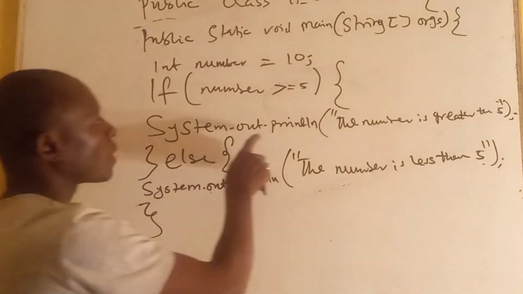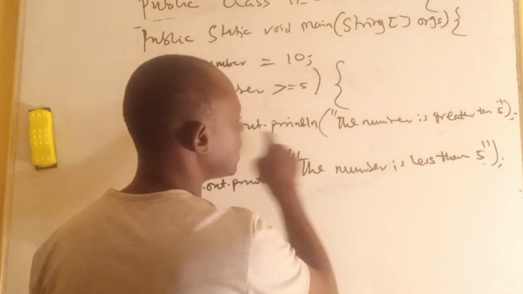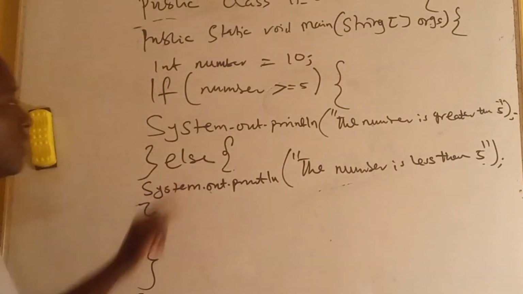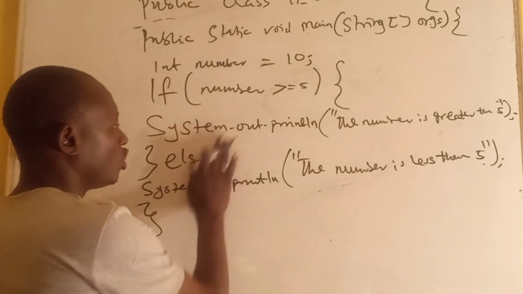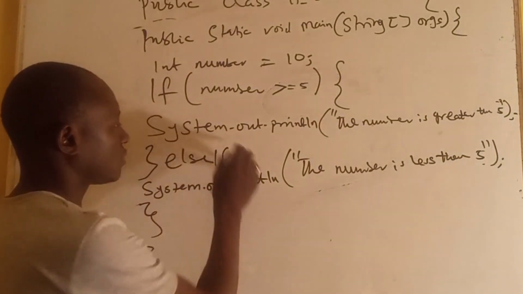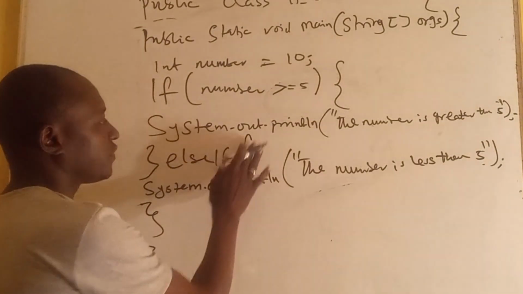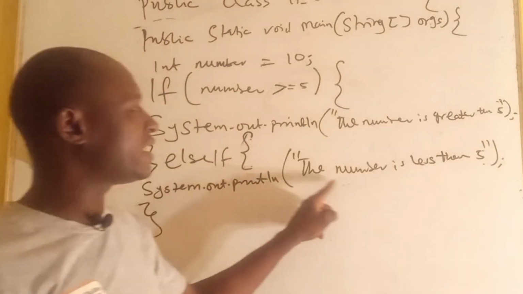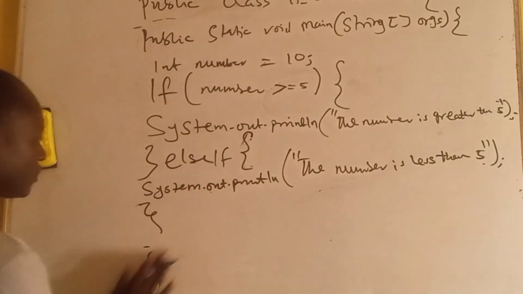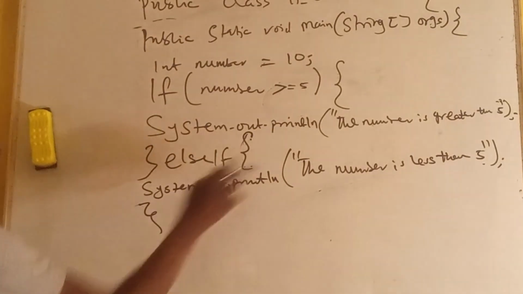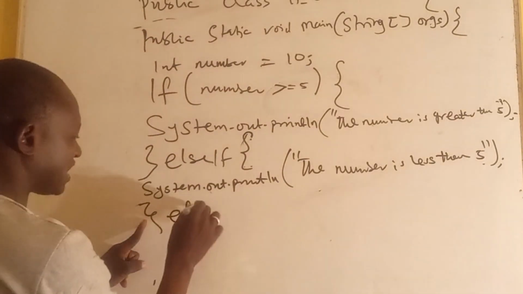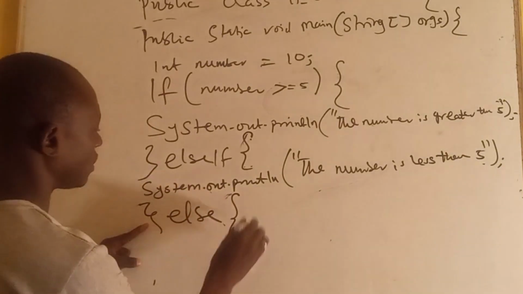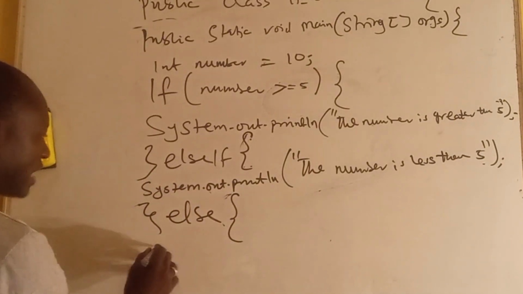It will come here. System.out.println, the number is greater than 5. Else, here you cannot stop at else. You will say else if, are you together? Else if, your curly braces please. Else if the number is less than 5. Now you close this one again. You now say else here. Are you together? Else, then you now write another